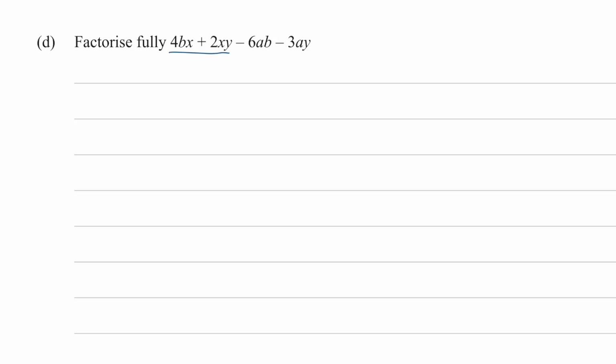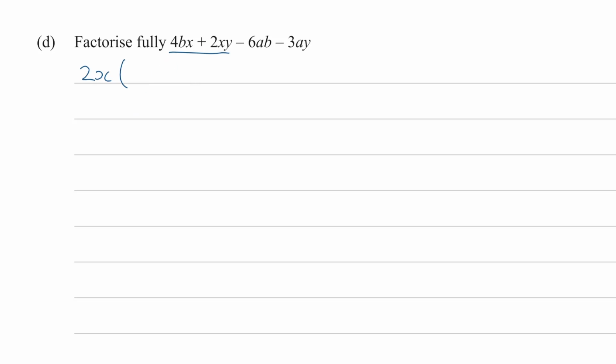So between 4 and 2, that's a common factor of 2. Between the variables, I see an x to the power of 1, right? Because when we don't have the power, it's just implied 1. So I see a common x. And then what are we left with? So 2x times what gives us